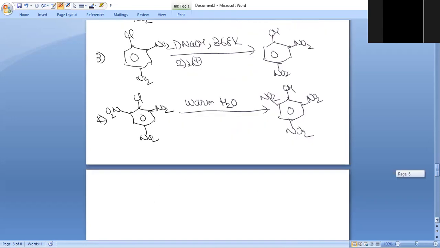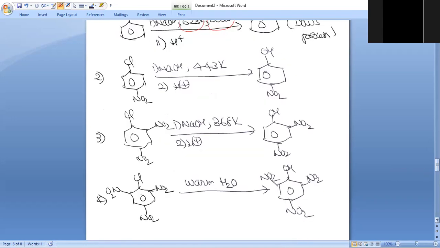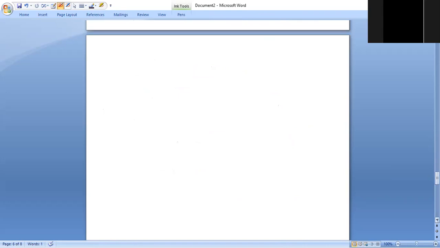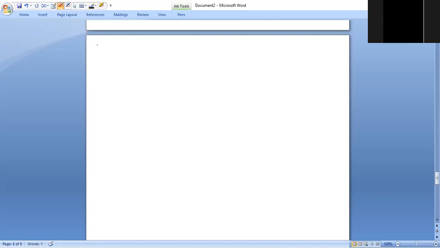Okay, sir. Now you observe the four different cases. As NO2 groups increase, the reactivity will increase, right? Yes, sir. Okay, so that is one thing you have to note. And the next one, that was nucleophilic related. Now electrophilic substitution related reactions. We are taking the ESR reaction, electrophilic substitution reaction.